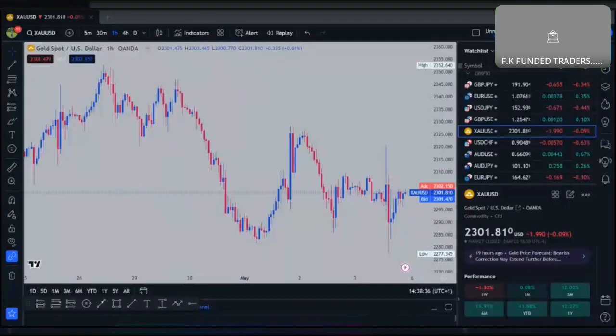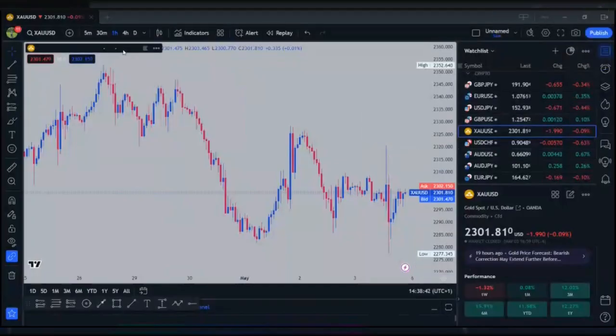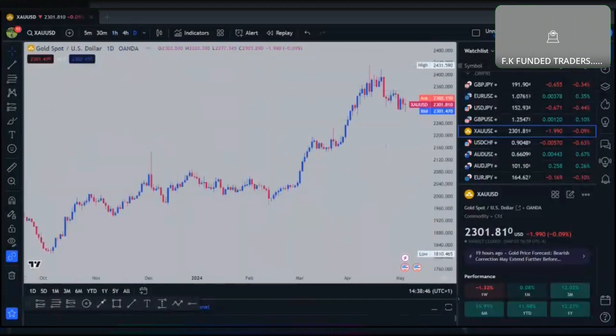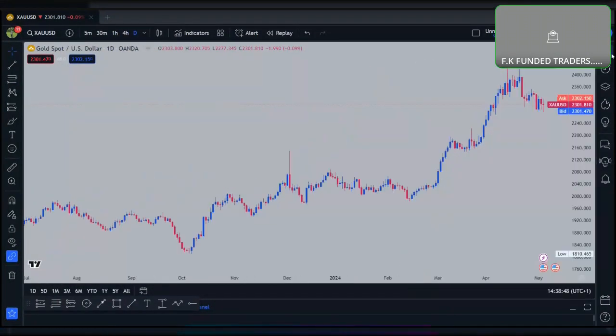Now, we're going to analyze. I'm starting, of course, with gold, to see how gold will play out for the coming week. Normally, we first start with the daily time frame, right? The reason we use that time frame is to get to know the direction of the market. Are you together?